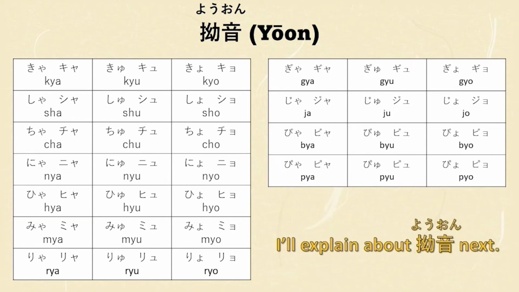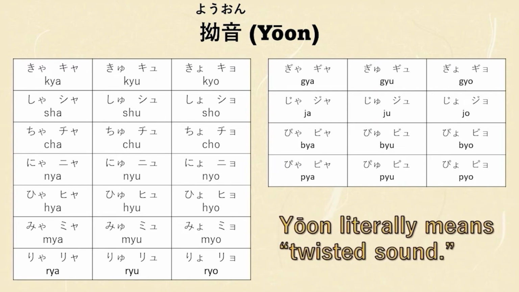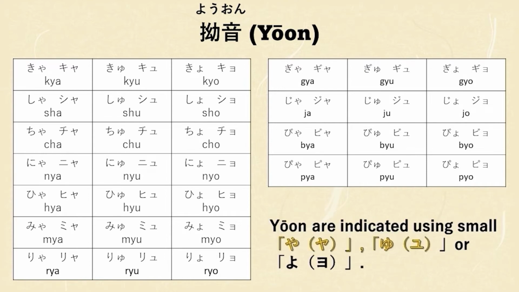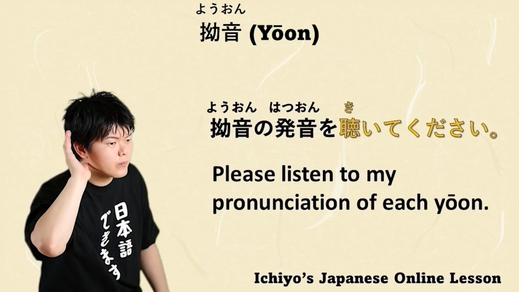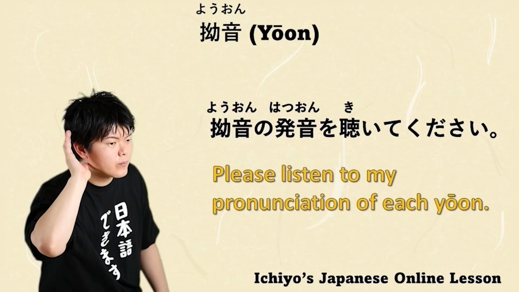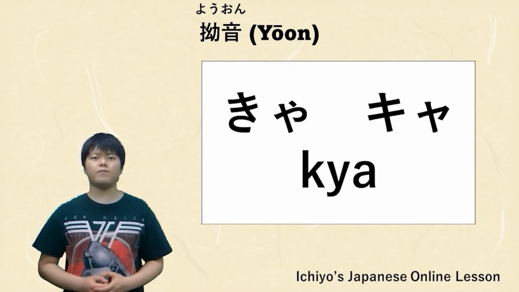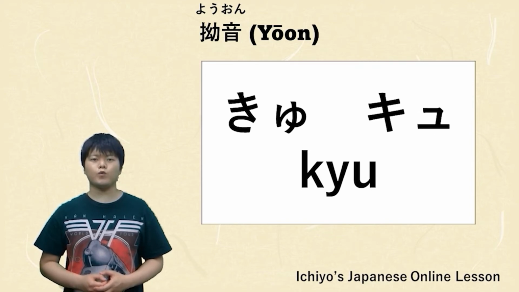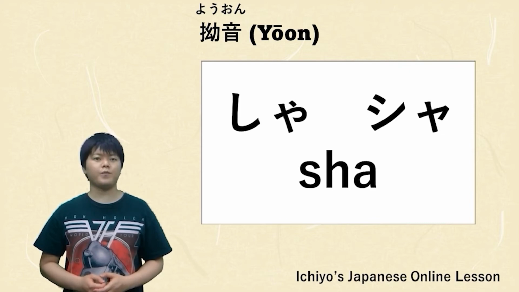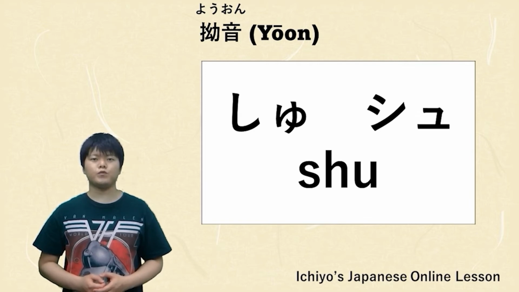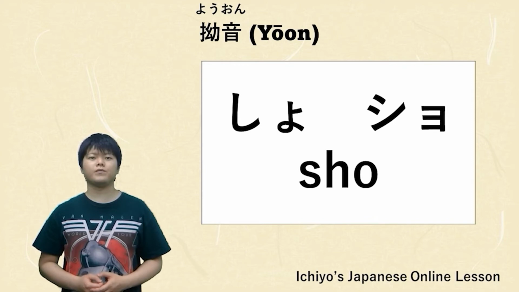拗音. I'll explain about 拗音 next. This is the 拗音 chart. 拗音 literally means twisted sound. 拗音 are indicated using small や, ゆ or よ. 拗音の発音を聞いてください。Please listen to my pronunciation of each 拗音。